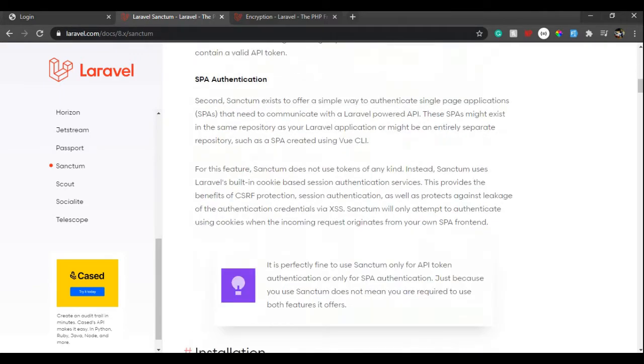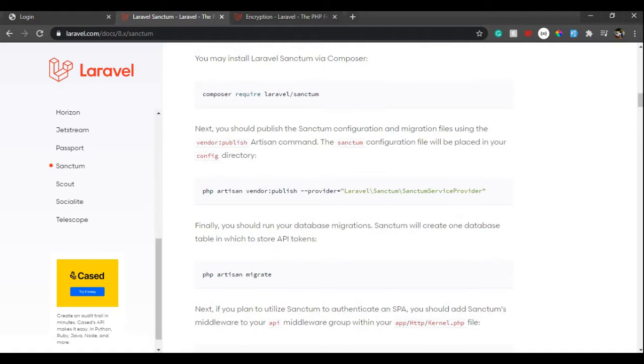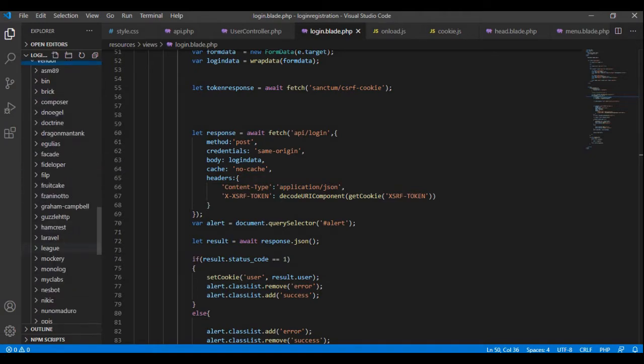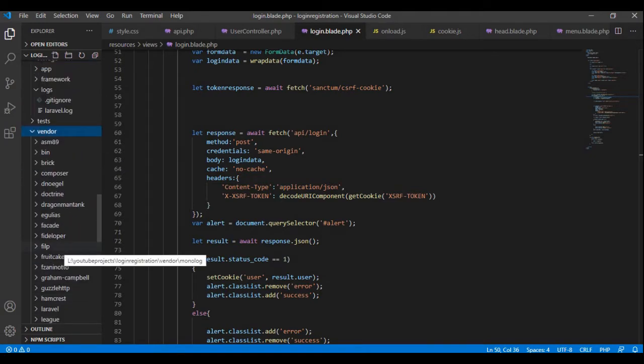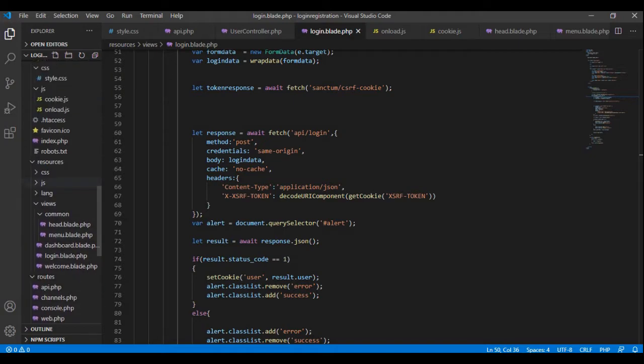Okay, so it's pretty straightforward. You run the command composer require laravel/sanctum, then this will just install the package, and then you just publish. So if you go in the vendor folder, the package is installed somewhere over here. Okay, now to bring those configuration files to a very accessible area, so somewhere here in the config section,